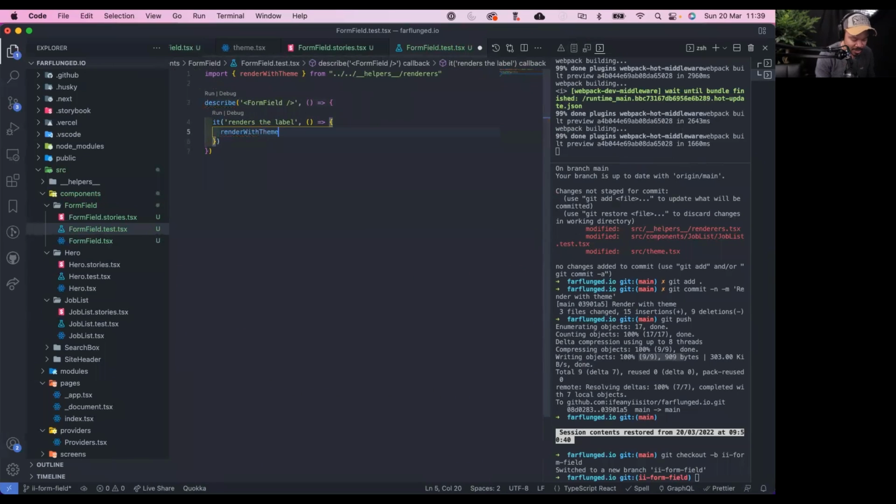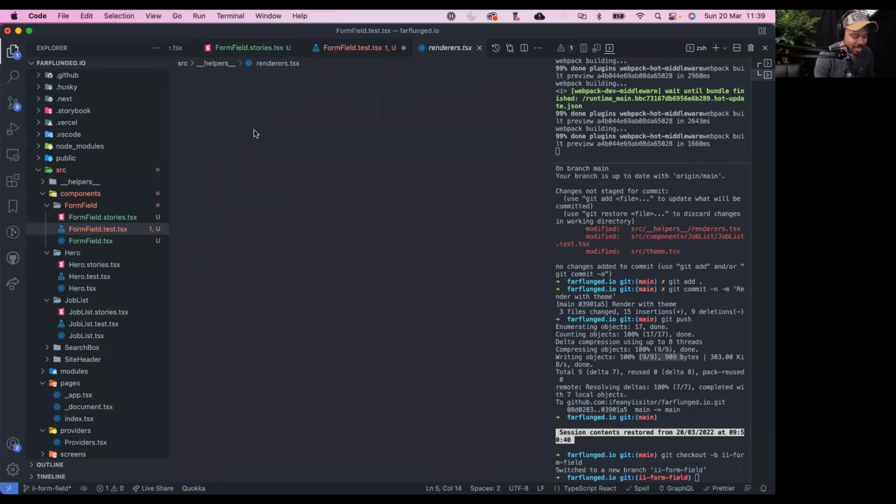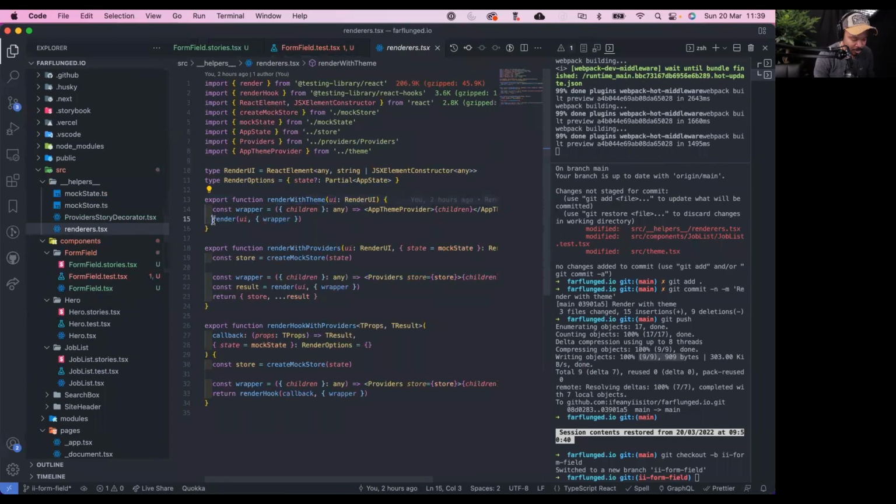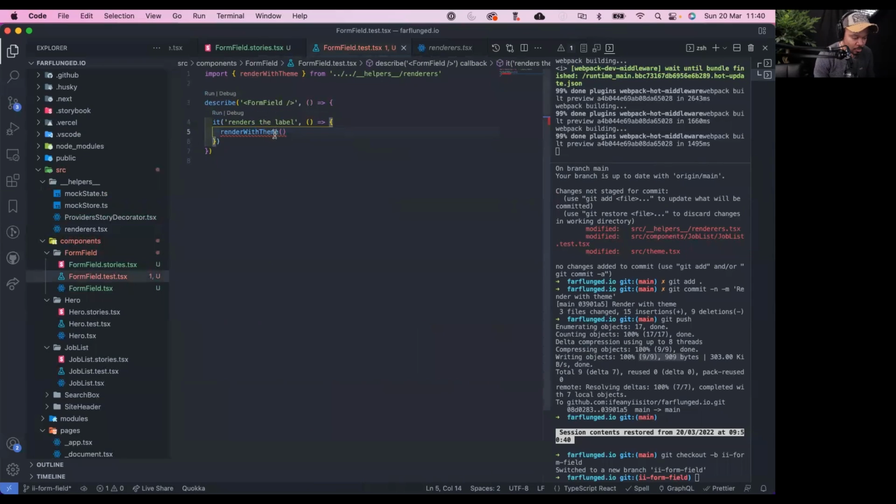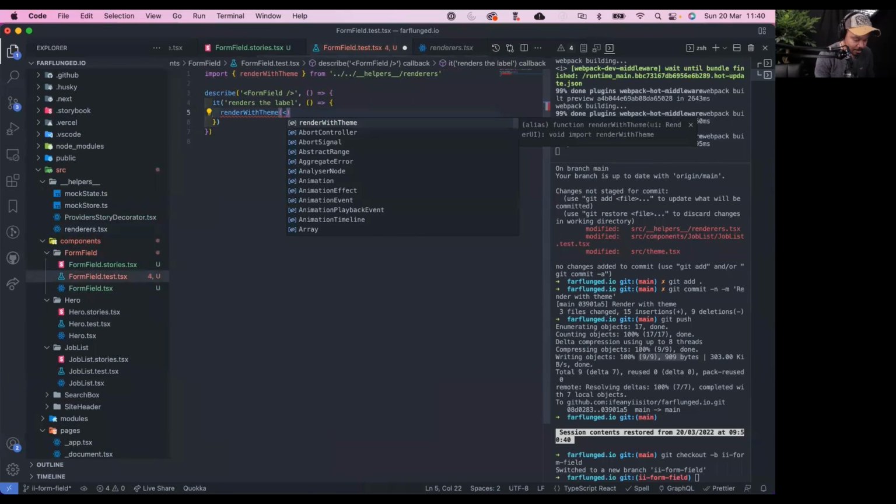Render with theme is a custom renderer function that I've created. We're using React Testing Library under the hood. React Testing Library provides a render function, but I want to render with the theme provider, because I'm using styled components and I'm accessing stuff from the theme. It's going to break if I just do the regular render. So I'm saying render with theme, and I'm calling this form